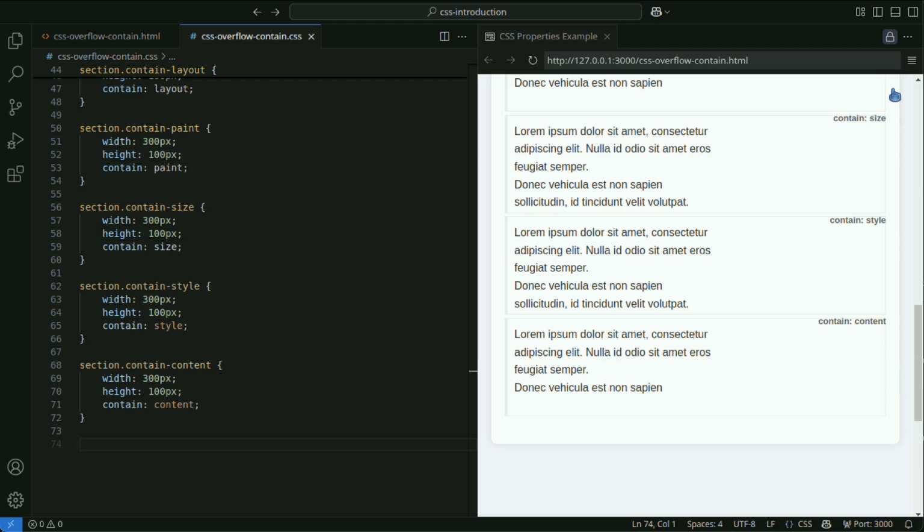For example, using it on frequently changing elements or parts of a large DOM structure might degrade performance instead. Browser compatibility. The contain property is a relatively new CSS feature and is not fully supported by all browsers. It is supported in major browsers, Chrome, Firefox, Edge, Safari, but might not be applicable in older versions.